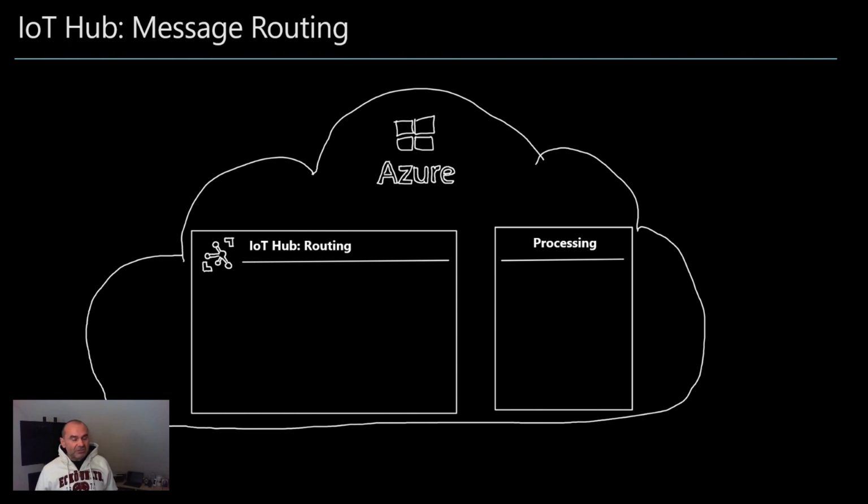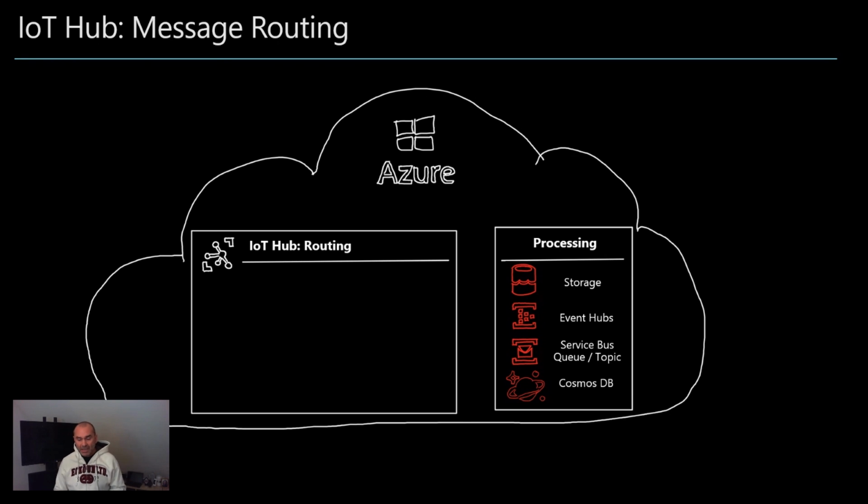And this brings me already to the next slide. When we say we push information from IoT Hub to another Azure service, what services are available there? And as you can see on the screen, we have right at the moment 4 services where IoT Hub can really push or route information, telemetry messages, which have been sent by devices to. And when we look at them, we have storage. So we have not just blob storage, we also have data lake, we have event hubs, we have service bus queues and topics, and we also have Cosmos DB. And I'll go a little bit deeper and give you some more best practices when to use which service when it comes to processing the messages.